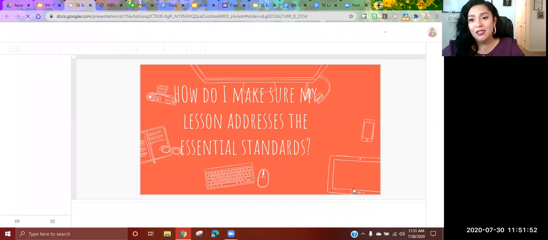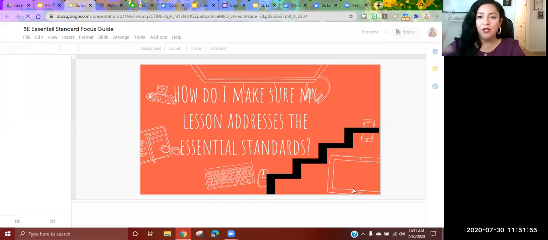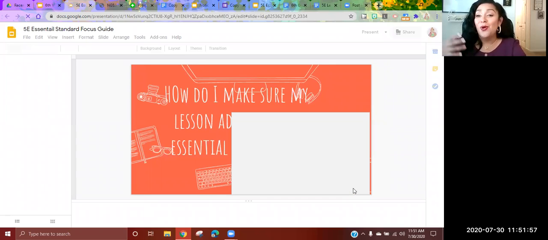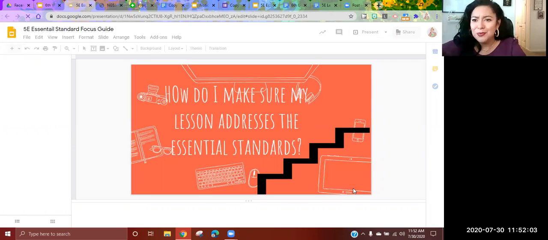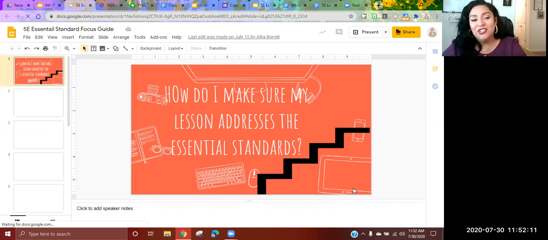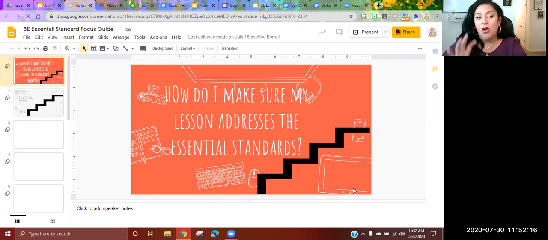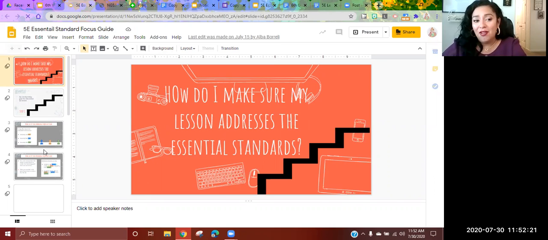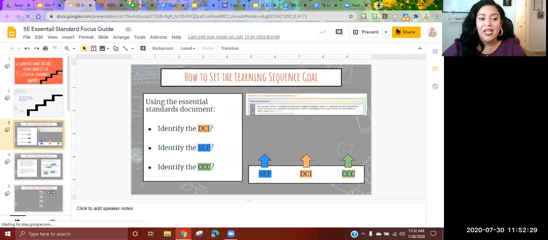So I think it is best for you and your teams, hopefully a lot of your other team members might even be here right now, or they have already taken this. So you guys can come together and now you have an idea of what to do. This Essential Standard Focus guide was created by a colleague of ours, and it's really easy, really good. It's just those stepping tools on how to get to creating a science lesson, which is what we showed you earlier with the standard, how to decode it,